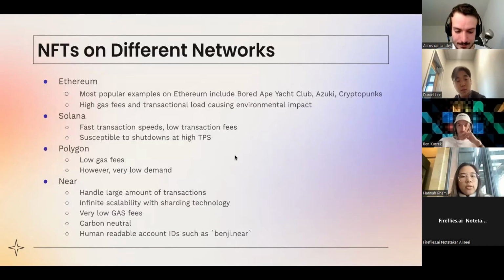And then we also have NFTs on different networks, some that include Ethereum, Solana, Polygon, and NEAR. Ethereum is one of the most popular blockchains, and some of its popular NFT projects include Bored Ape Yacht Club, the Azuki, the CryptoPunk. But one downside of the Ethereum network is that it has really high gas fees, and the transactional loads can cause